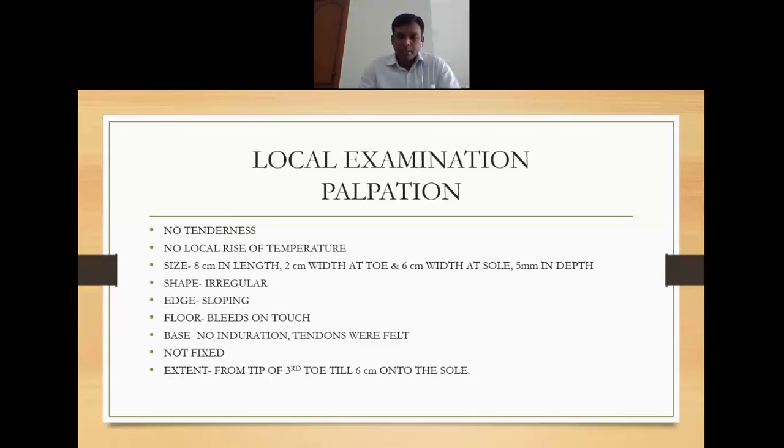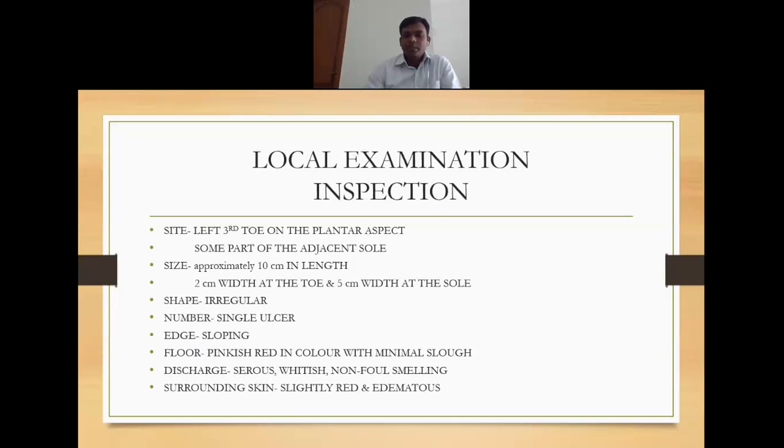Third, from the heel to the ankle, you have written it as 6 centimeters onto the sole, but here sole is not a correct term. From the heel you can take it, if it is extending, the plantar aspect, or the lateral margin, medial margin, those things you can take. Above, in the dorsum, you will take either the medial malleolus or the joint line, the ankle joint. Or it is inspection.